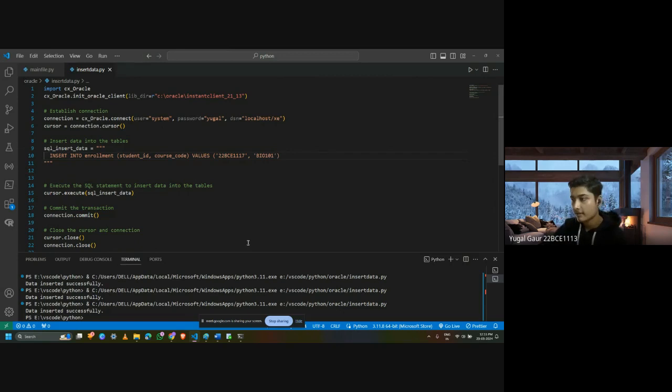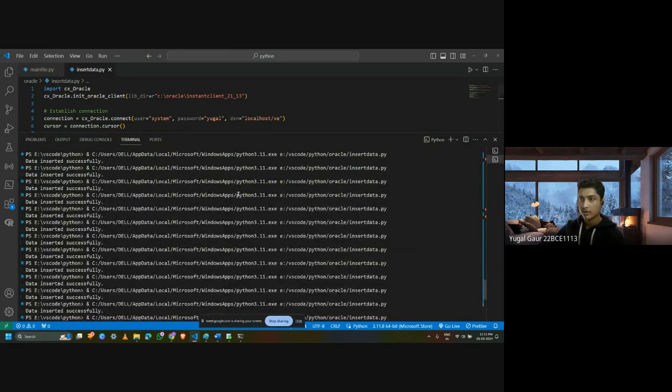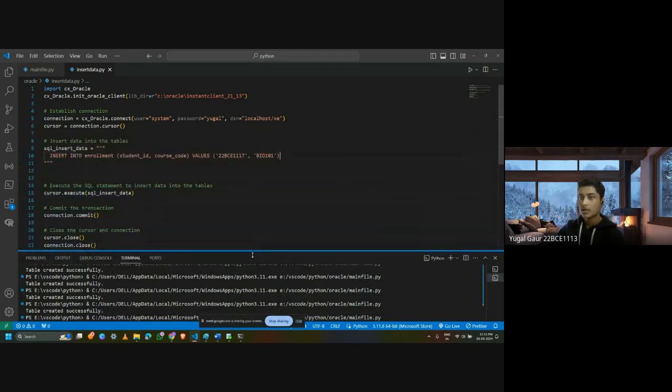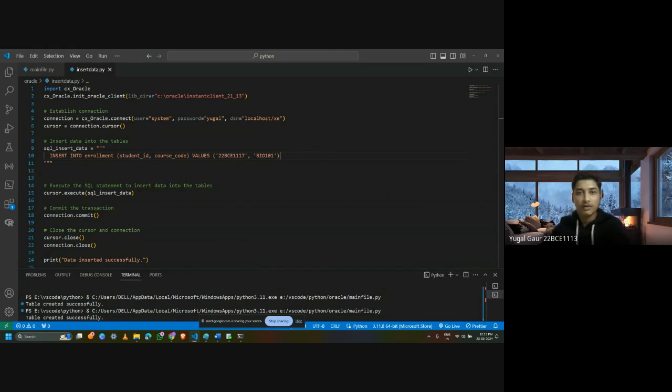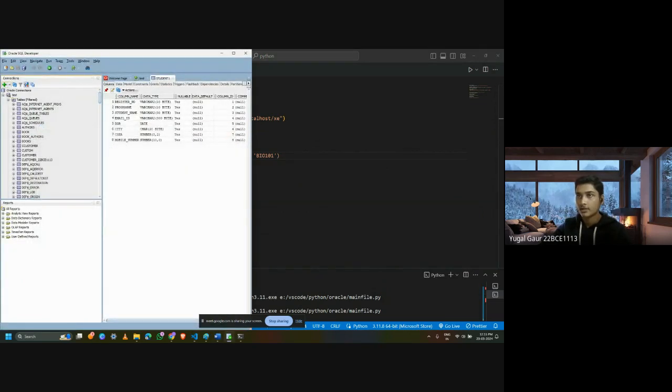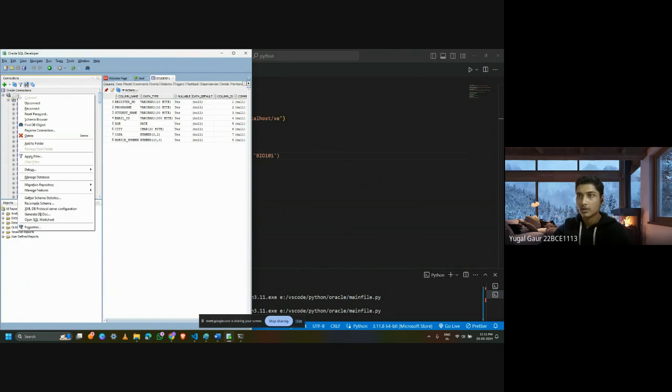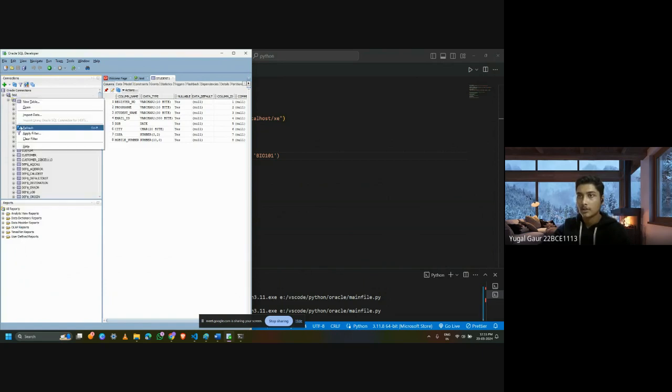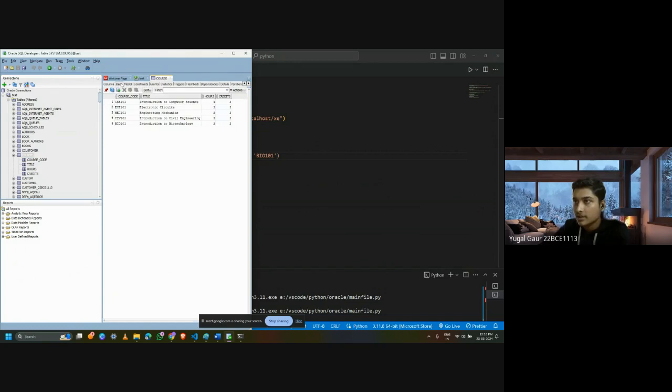Yeah, so we have inserted all the records successfully. See, all of the records are inserted. So now let's go to the fun part. Let's see what changes have occurred. Let's load the tables, and there you can see our tables, courses. We have added courses. Let's see the data. I got the data. Then we have the table